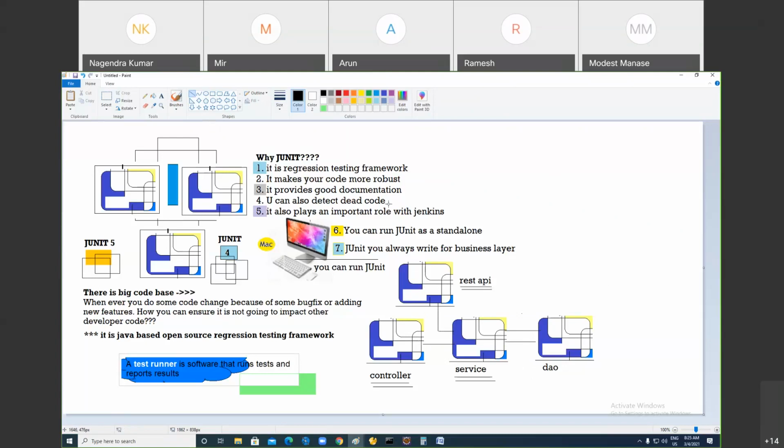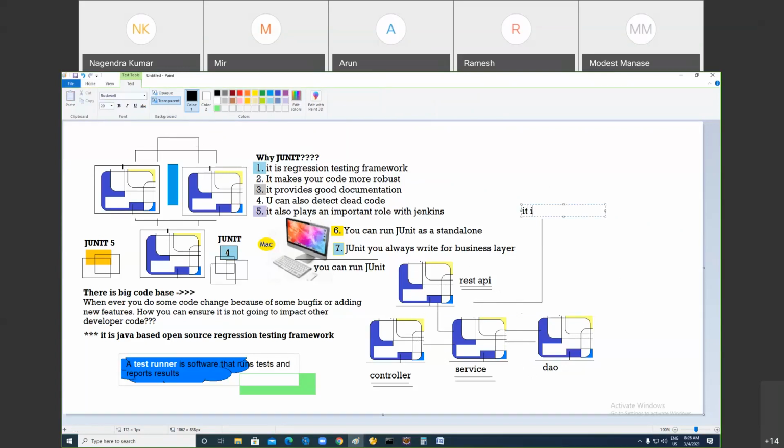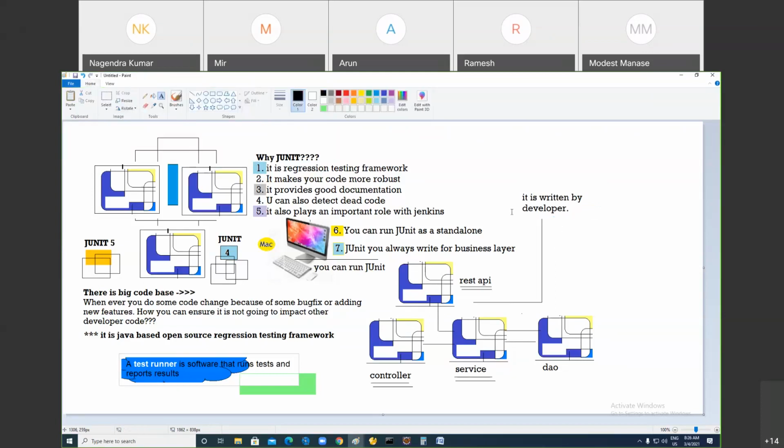Another question: who writes it? Tester or developer? Of course, developer. Normally people say tester, but it is written by the developer. If somebody says it is written by a tester, what will you think about him? Because the tester doesn't know the code changes. When we change the code, the developer does it, so the tester doesn't know much about the software. In the interview, I'm asking this question: who writes these test cases? If you say it is written by the tester,